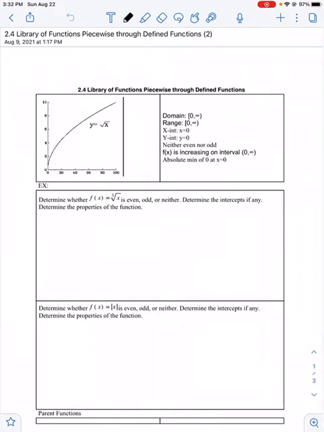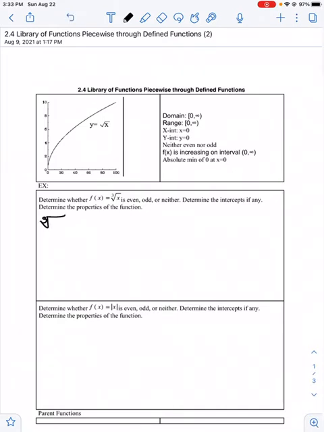the cube root is even, odd, or neither. Then determine if it has any intercepts and then determine the properties of the function. So the cube root function, we can graph it on the calculator, or we're going to graph it by hand. So first, to determine if it's even, we're going to plug in that negative